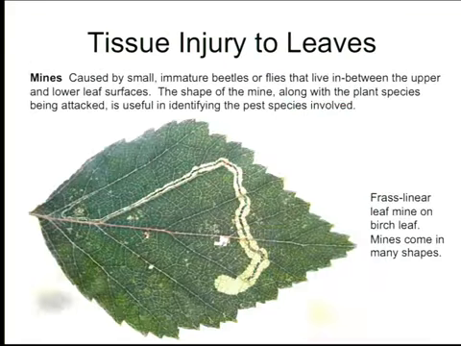Next. These are mines. This is typical of what are called leaf miners, and they're lepidopteran insects. They're flies whose larvae do this type of damage. And if you have enough mines, the damage is pretty high. What would happen if you have a lot of mines in a leaf? Exactly. It affects the photosynthesis. Yeah. Next.